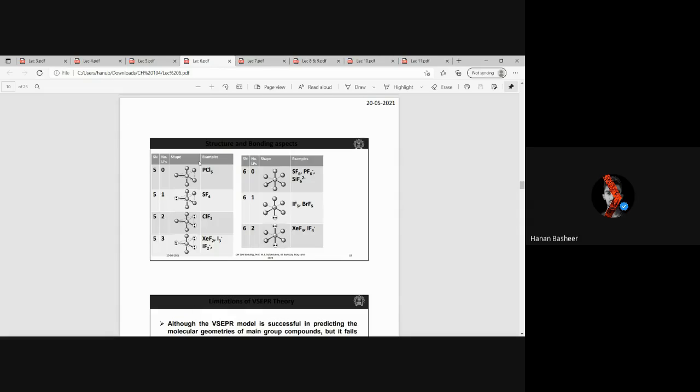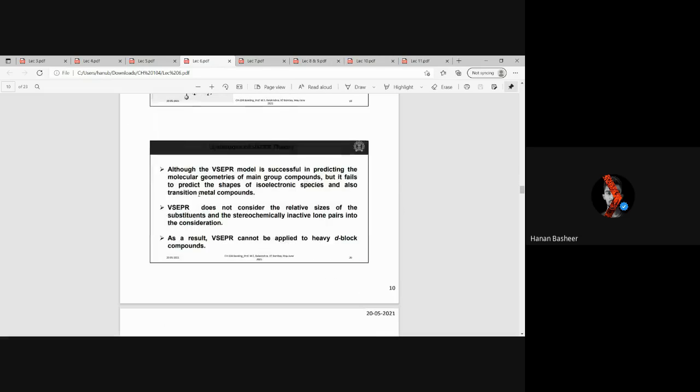Similarly, we have done that again. You can keep these examples in mind as they could be asked in the exam. But we can easily predict them as we know how to draw the Lewis structures. Now, although VSEPR theory is successful in predicting the molecular geometries of main group compounds, it fails to predict shapes